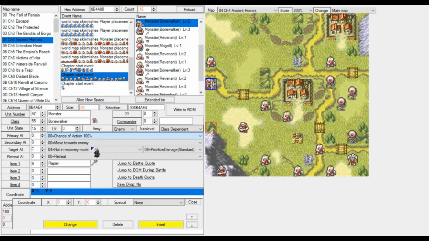There are also other options of the AI, such as chance of action. This is just a random number, a percentage, and that is the percentage chance that this character will move or attack. You also have that for attacking only when adjacent. So the unit will get closer and closer, and unless the unit is adjacent to you, it will not attack. It will only attack if you wait next to it. Only then will it attack, and there's also a percentage chance of it doing that.